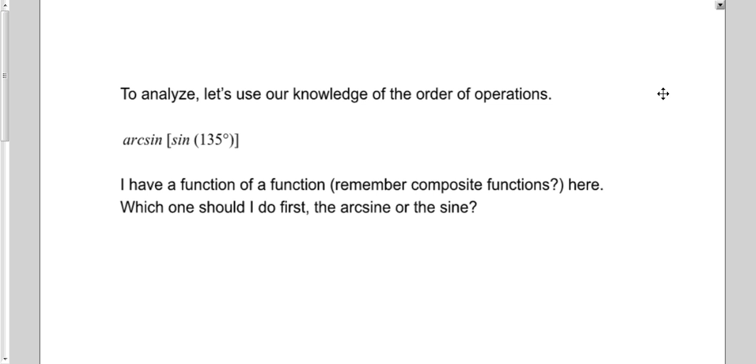It works on that trig identity. Specifically, it works on things that sine produces, right? Those are the only numbers that arc sine works on. So the domain of arc sine is the range of sine, right? Okay. So,